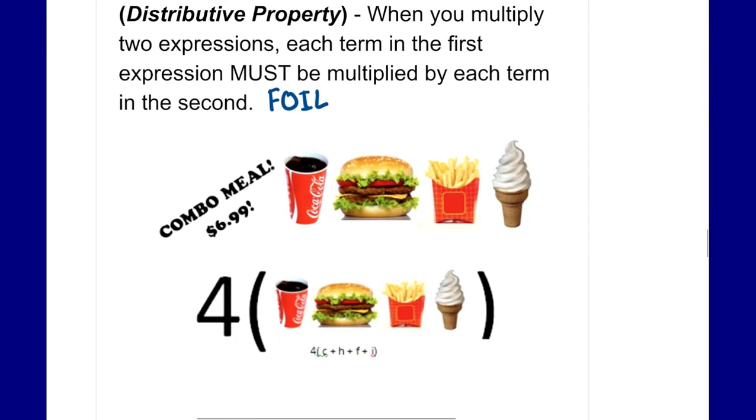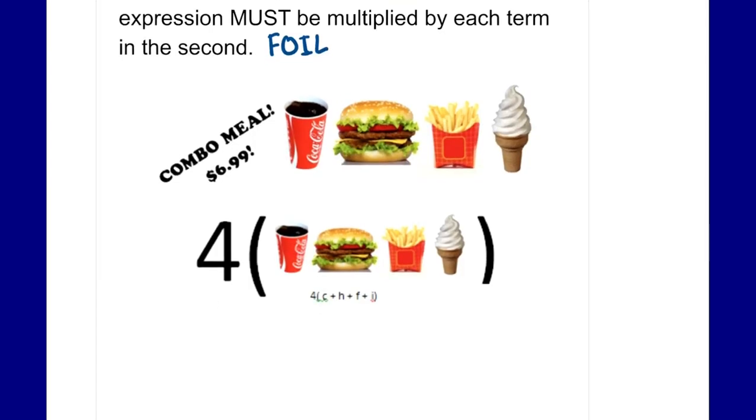Again, think of it as kind of a combo meal, right? One combo meal has all four items, right? A pop, a burger, fries, and a cone. If I get multiple of those, say I get 4 combo meals, that's 4 of each item, not just 4 of one item and then 1 of the rest. So this 4 of each combo meal works out to, again, just quickly drawing it, 4 of the Cokes